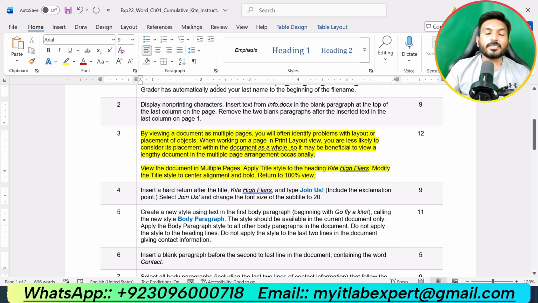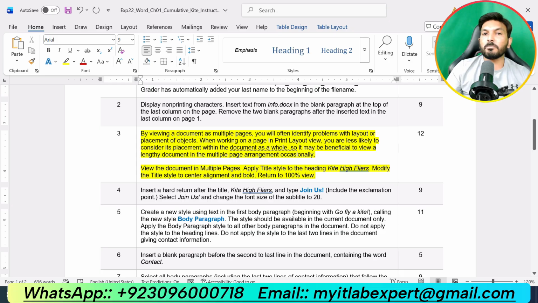Step number 3 of the assignment is saying by viewing a document as multiple pages, you will often identify problems with layout or placement of objects. When working on a page in Print Layout view, you are less likely to consider its placement within the document as a whole. So it may be beneficial to view a lengthy document in a multiple page arrangement occasionally.